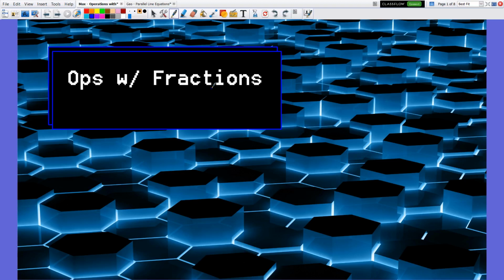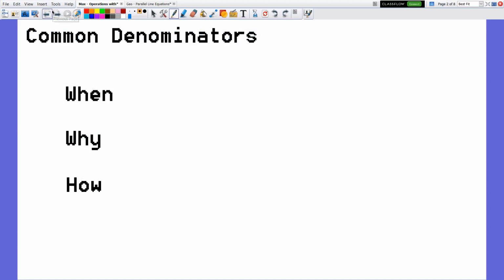Operations with fractions. So we've already spent a lot of time going over adding and subtracting fractions. Really the main idea is the procedure of finding the common denominator. When do you do it? Whenever you're adding or subtracting fractions with unlike denominators. Why? Because whenever you have parts